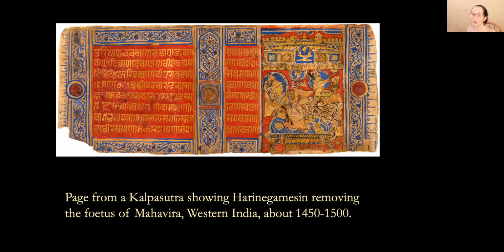Now let's go to the story of the birth and the entry of Mahavira into the human realm to become the exemplary jina that founds Jainism. So the manuscript that tells the story is known as the Kalpa Sutra. And the Kalpa Sutra contains biographies of Mahavira, but also another named Parshvanatha, but we'll only focus on Mahavira in this section, in this class. We simply couldn't go into more detail.